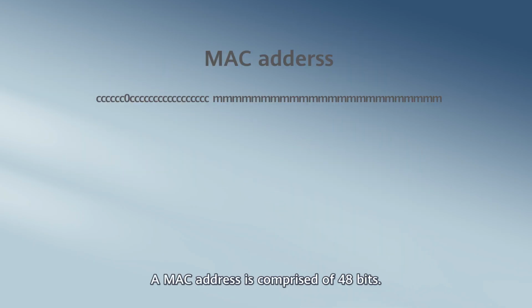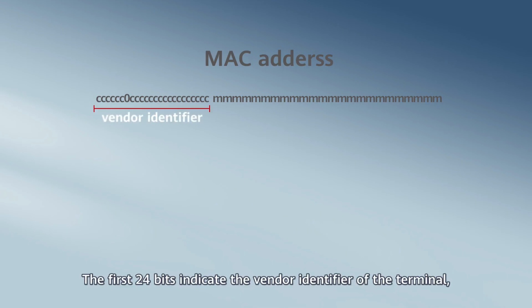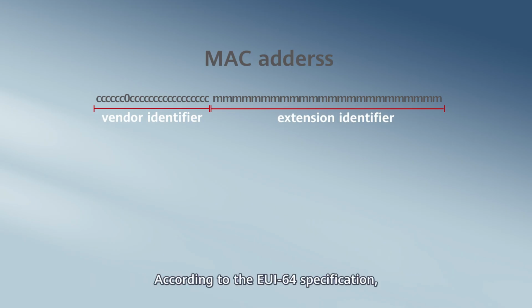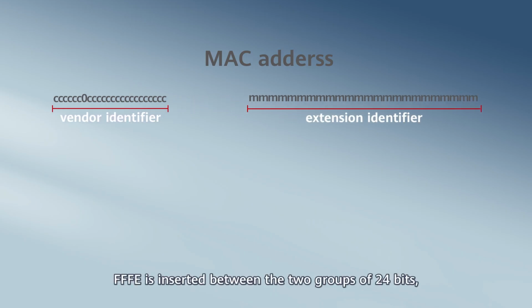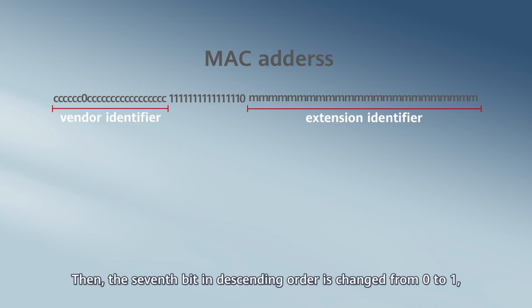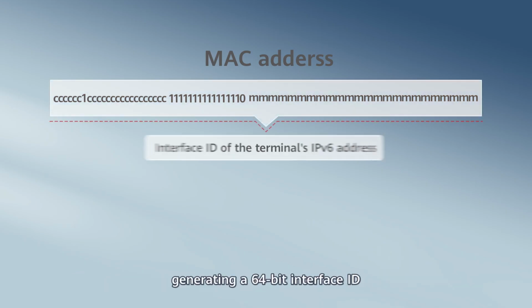A MAC address is comprised of 48 bits. The first 24 bits indicate the vendor identifier of the terminal, and the last 24 bits indicate the extension identifier of the terminal. According to the EUI64 specification, FFFE is inserted between the 2 groups of 24 bits, forming a 64-bit string of characters. Then, the 7th bit in descending order is changed from 0 to 1, generating a 64-bit